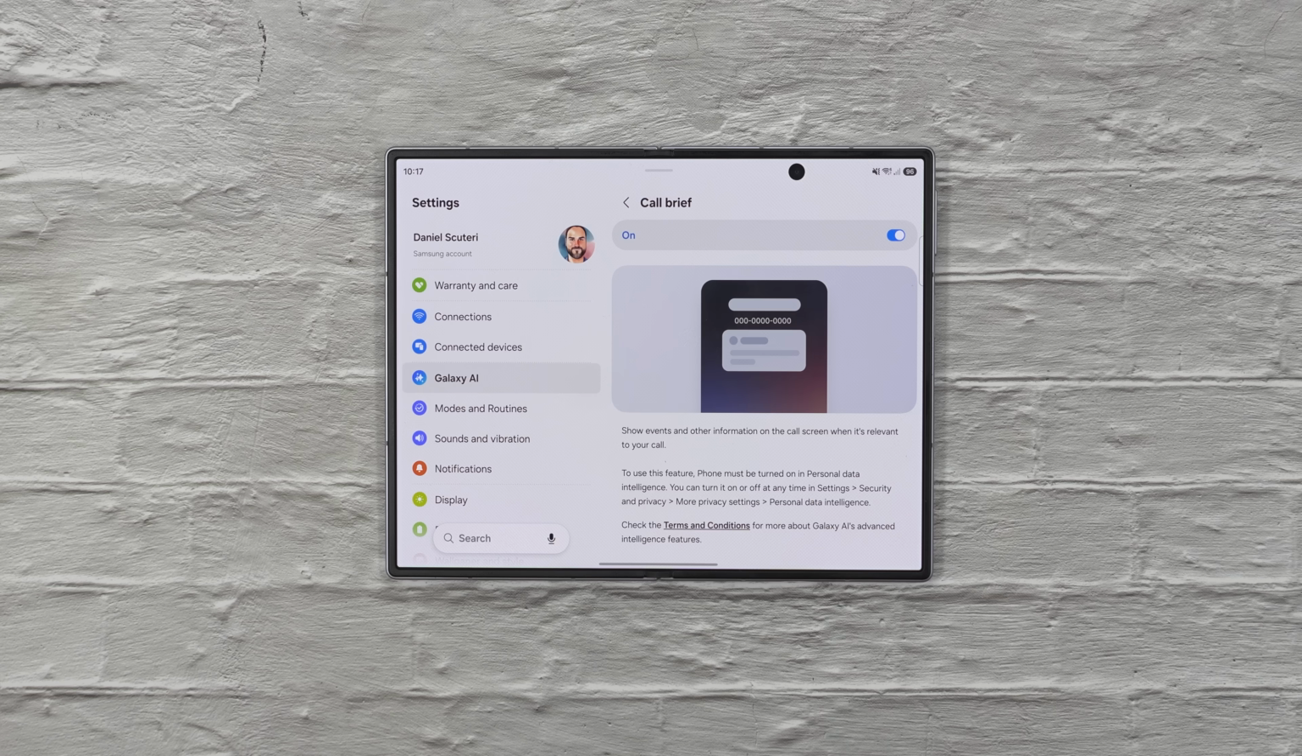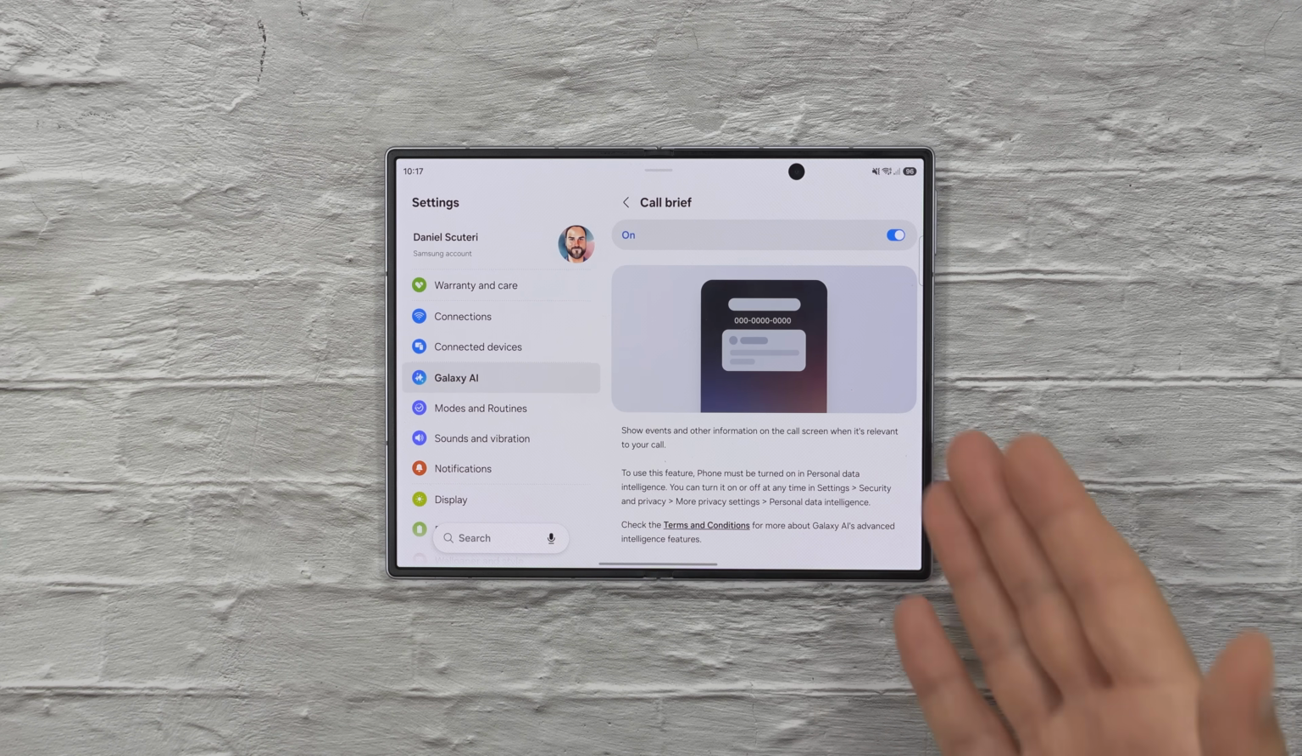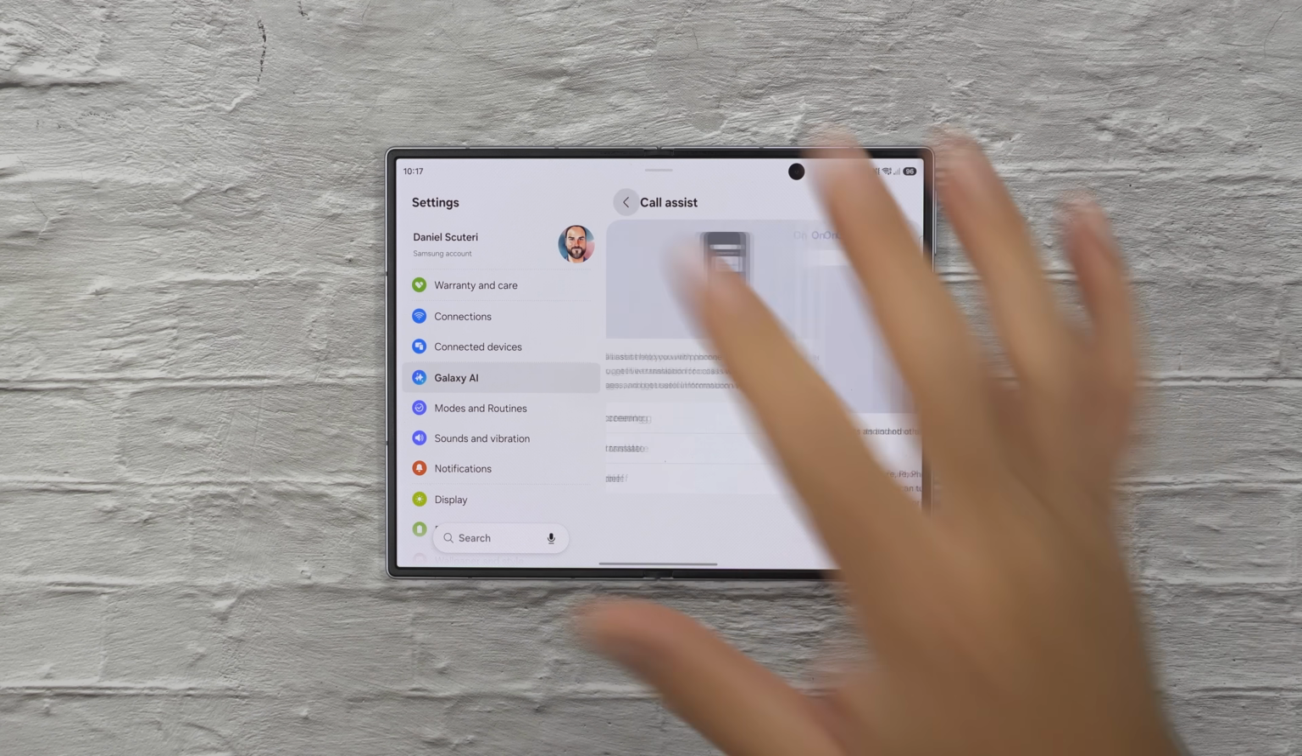Now, I haven't had the chance to use this yet, as I've only just had this for a day and haven't even put my SIM card in it just yet, but you get the idea of how this is meant to work, and, well, I think that's pretty neat. Next one, if we go back out of there,